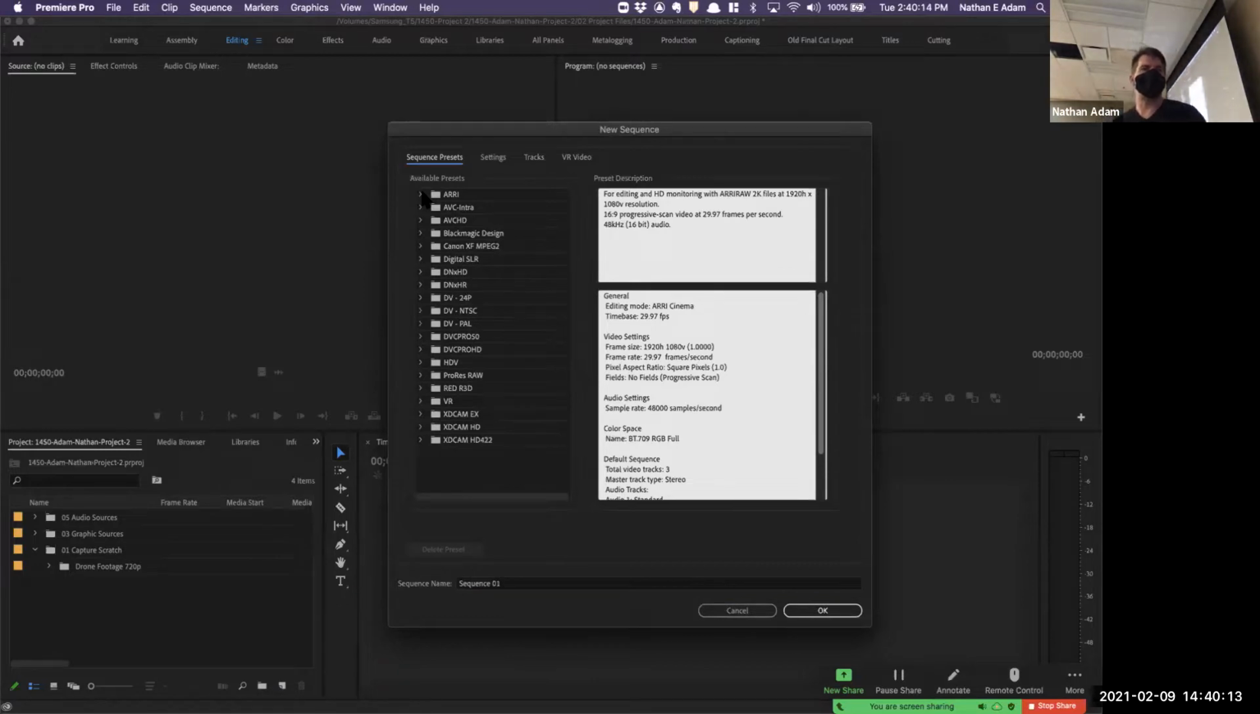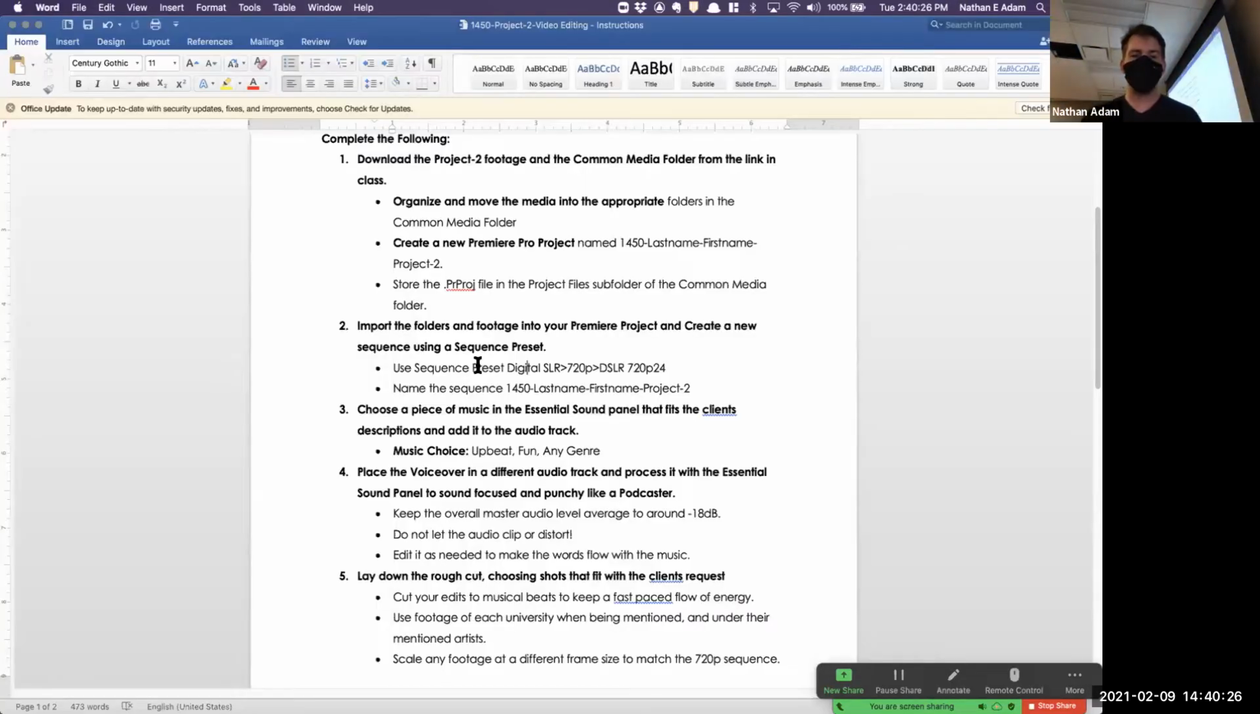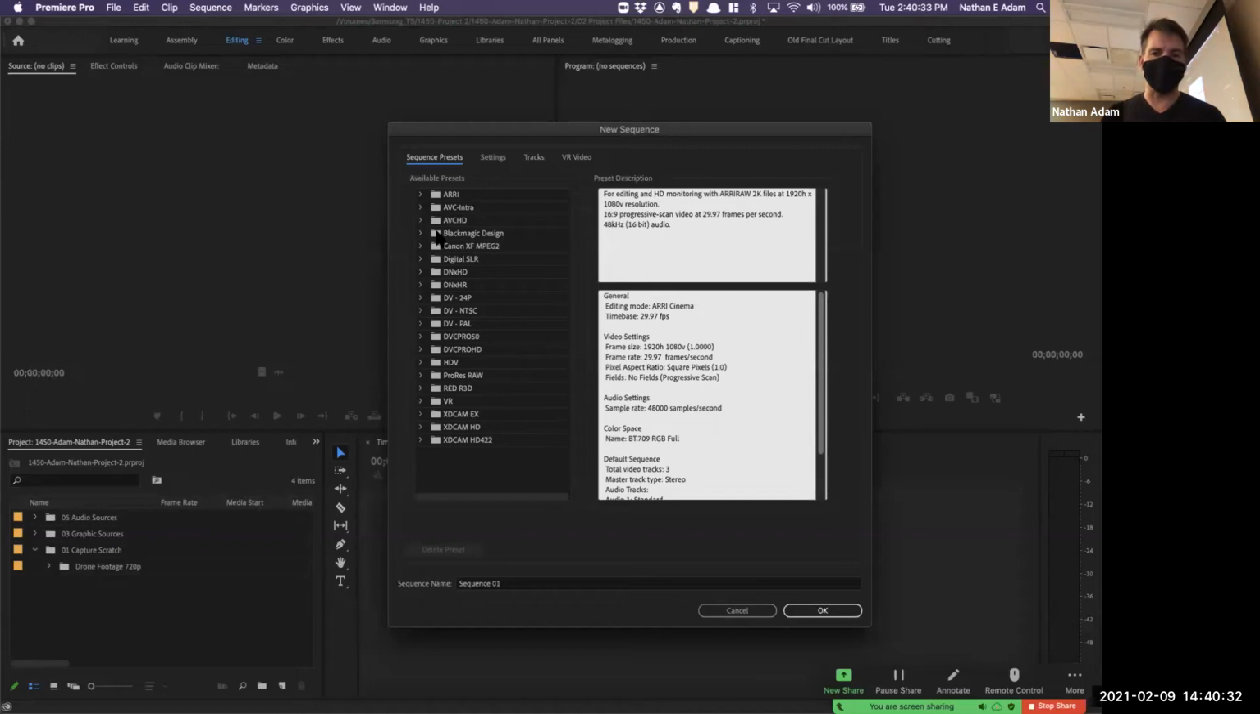And in the sequence, you're going to notice that it creates a whole bunch of different options for you and says, okay, how do you want to edit these? What kind of camera were you using? What was the frame rate and resolution? And in our case, I've just gone ahead and said to use a sequence preset for the digital SLR, 720p, 24 frames per second. So I'm going to come to digital SLR, 720p for that resolution, and I'm going to do it for 24